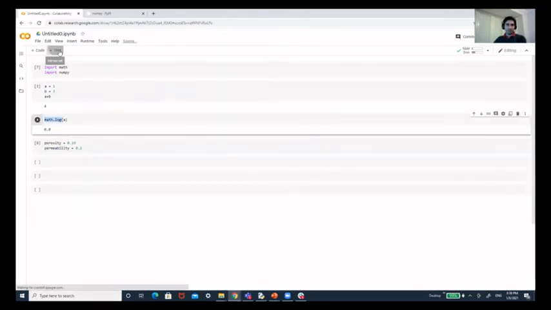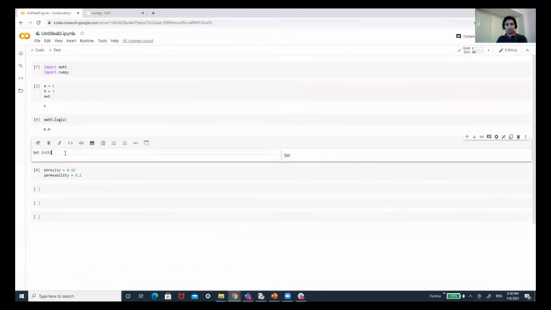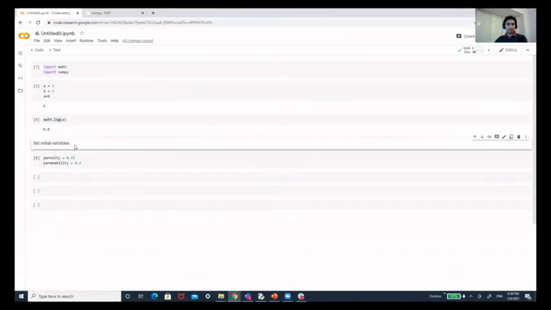The other thing that I can do is add some text here and put some ordering in the way I'm declaring my variables and importing my libraries. So let's say I'm going to set initial variables. That's what I'm going to do here.